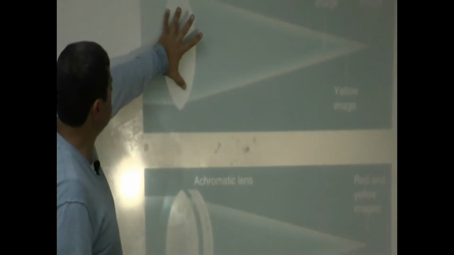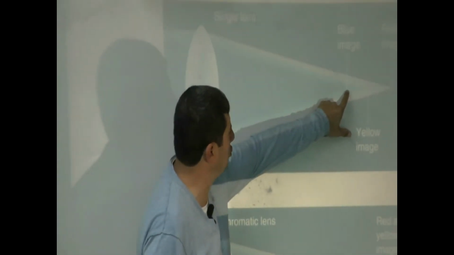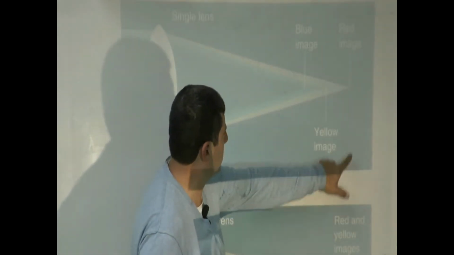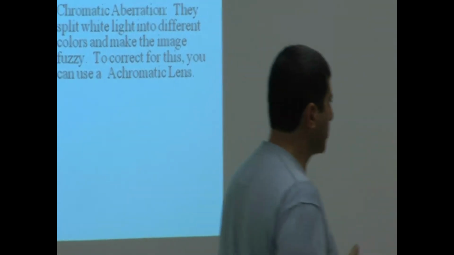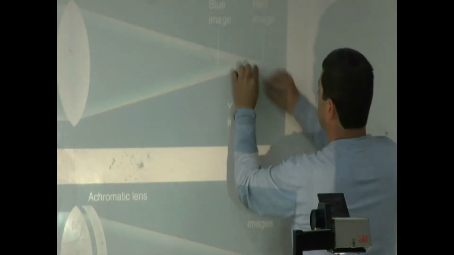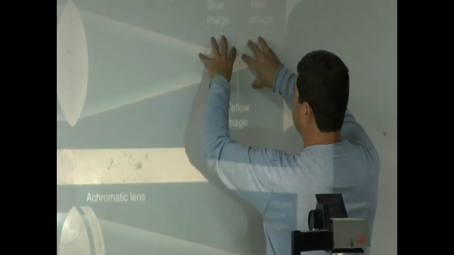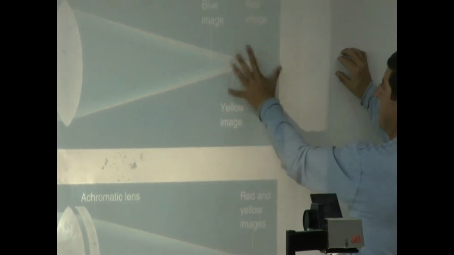When the light beam goes through the primary lens, it tends to split up into blue image, yellow image, red image, you see. So not all of them bend as much. They bend differently. So let's say you're looking at a star, you're going to have a star that's going to be kind of widened and it's going to blur. And then you're trying to look through the eyepiece of that, it's going to look a little blurry. So what they do to correct,